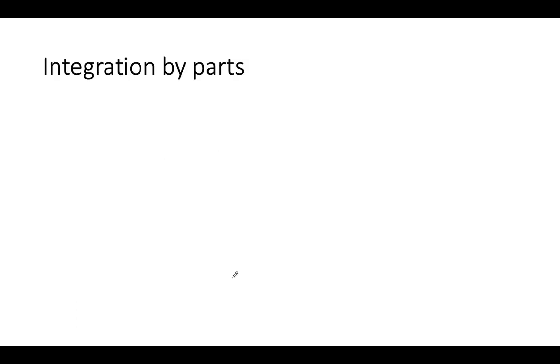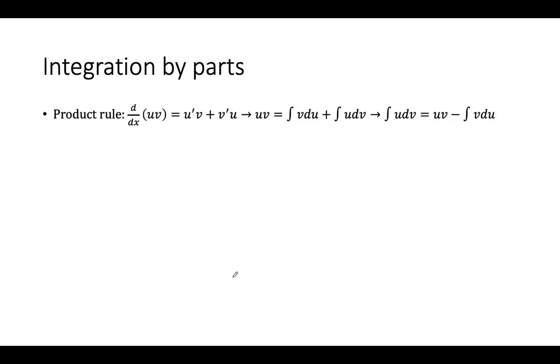So next technique, integration by parts. You may be familiar with the product rule. It says that the derivative of u times v, two functions of x, with respect to x, is u prime v plus v prime u. And all that integration by parts says is, if you integrate both sides, the integral and derivative cancel. You get uv, and then you integrate this and you get v du plus u dv, where the du and the dv just stand for the u prime and the v prime respectively. Then you rearrange the terms like this, subtract from both sides, and then you get